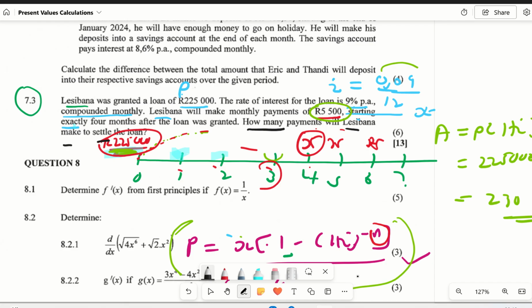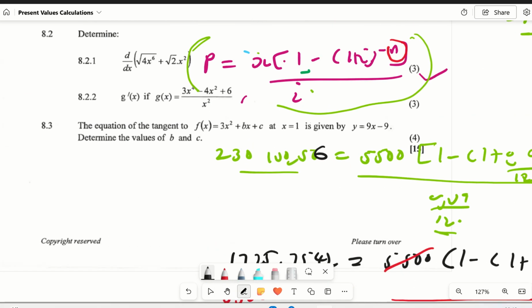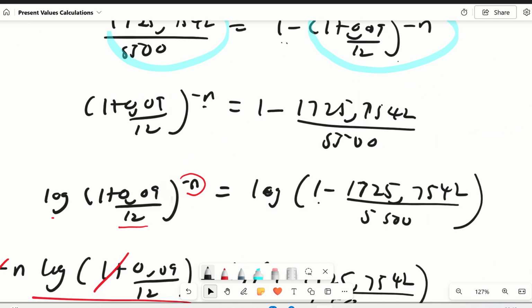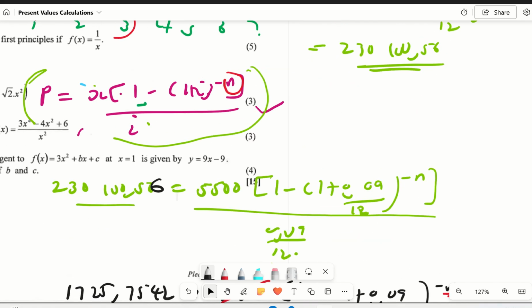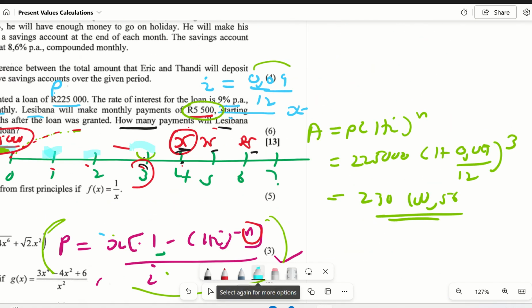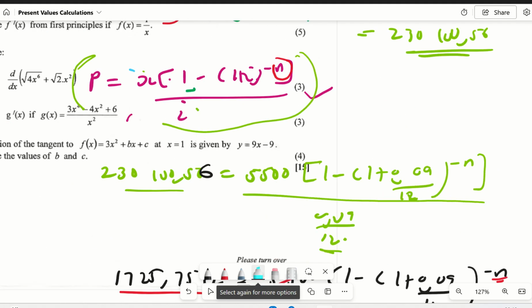So remember that Lesiba makes monthly installments. Now he only starts making the installments 4 months after. So that's essentially this. What you see here is the number of periods until the last payment. So our loan basically starts here, and then the number of periods until the last payment goes 1, 2, 3, and so on. But these number of periods coincidentally are essentially the number of installments. So therefore, the number of installments will be